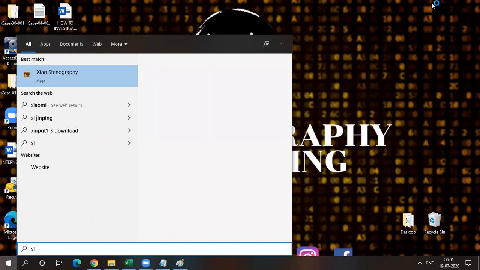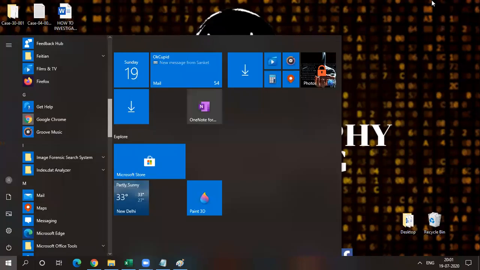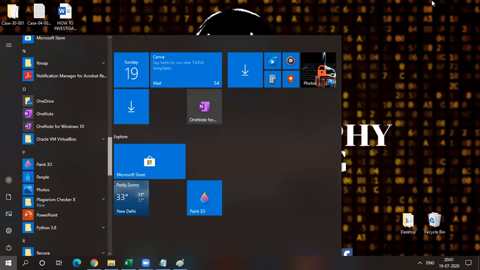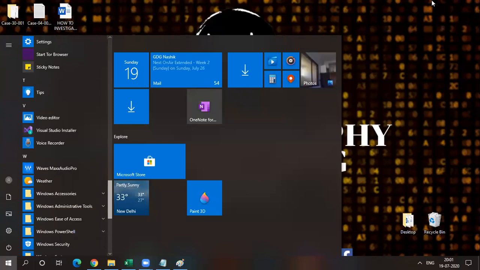Okay, so now we need to open the GIS Steganography tool.